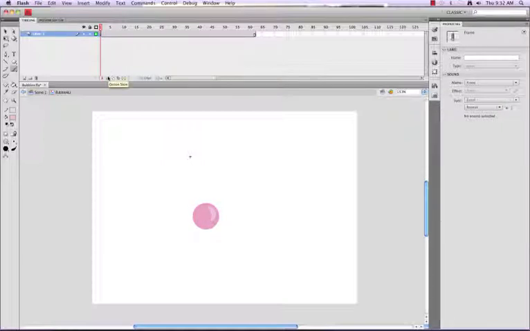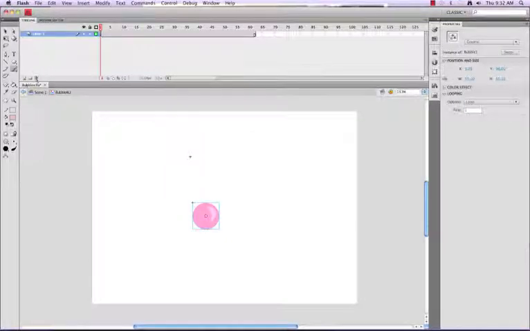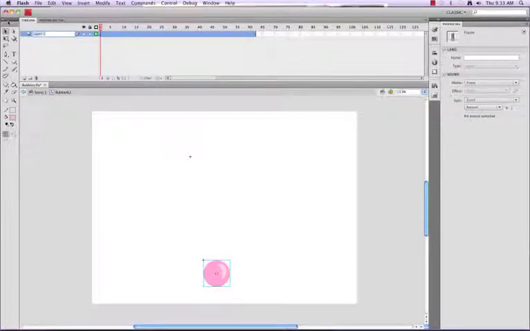Now, this first bubble that I've created, I'm going to turn it into a symbol. So I'm going to hit F8 and I'm going to say bubble 1. Now that this bubble is a symbol, I want to make it go up and kind of disappear. We'll do quick bubbles. We won't do popping or exploding. If you wanted to go into that, I can also give you some materials to animate that at the end, a little pop. But what we're going to do is start out with naming this, call it bubble 1,